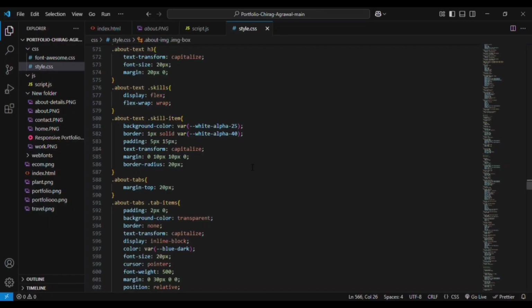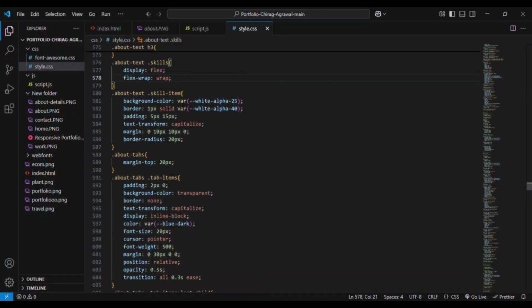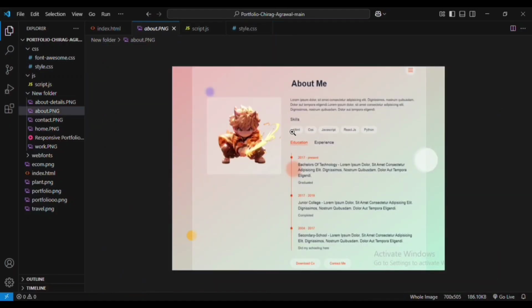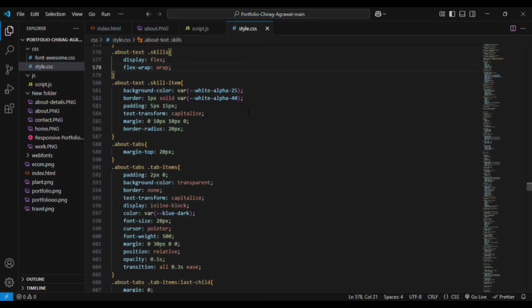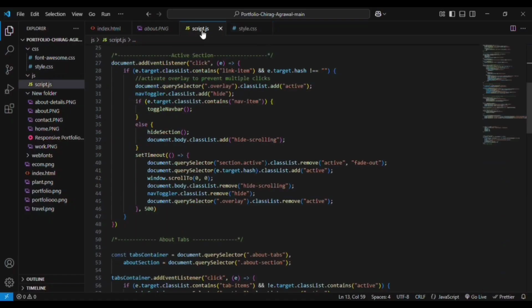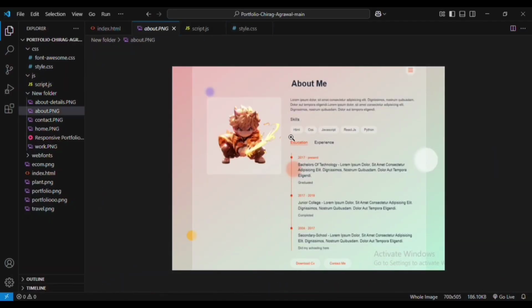In that skills, display is flex and flex wrap is wrap. Because we are using flex wrap for the skills, you can see they're all aligned in a single row, equally spaced, because we are using flex items here. Then for the skills item, background color is given, border is given, padding, text transform, margin, and border radius is 20 pixels. So we are getting curved edges. You can see curved edges on these elements. Then we can go to the